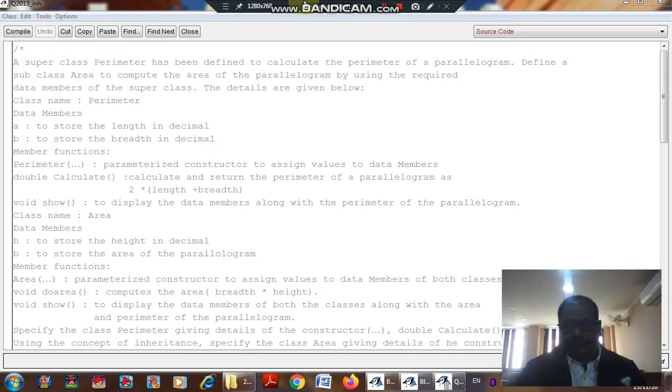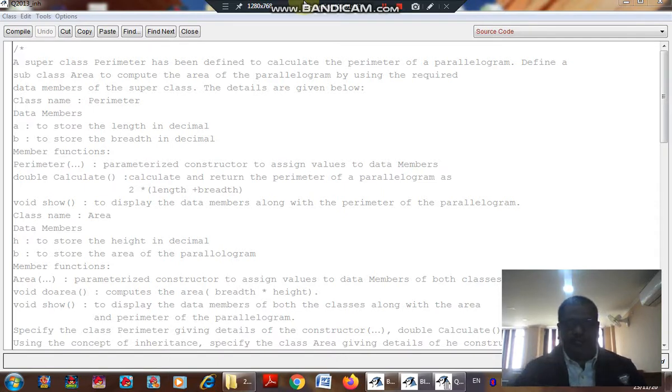Second thing we have to look out for: if the name of the function in the base class and the name of the function in the derived class are same, then the function of the derived class will only execute, and that will be termed as method overriding. When method overriding is done, that means the base class function will never execute. To execute the base class function, we have to make use of a keyword. Which keyword? Super keyword. SUPER.